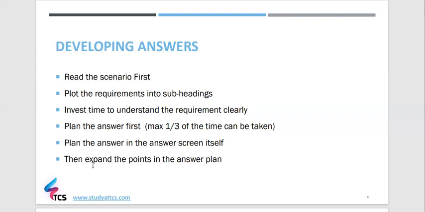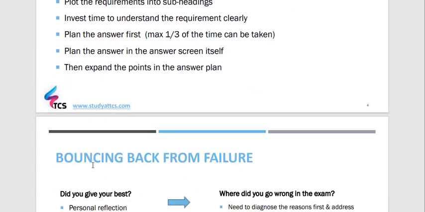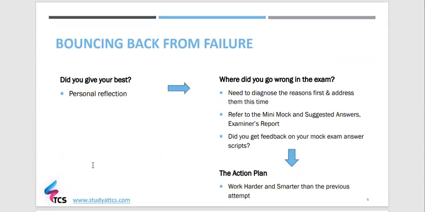So when coming up with an answer plan, you have to provide information in a summarized or concise manner. And once you have the structure, the remaining time, 25 to 30 minutes, should be allocated towards expanding the points. So your answer plan is the skeleton of your answer, and when you are typing the answer, you flesh out this skeleton, thereby providing fully fledged answers. So that's what you need to do with regards to developing answers.